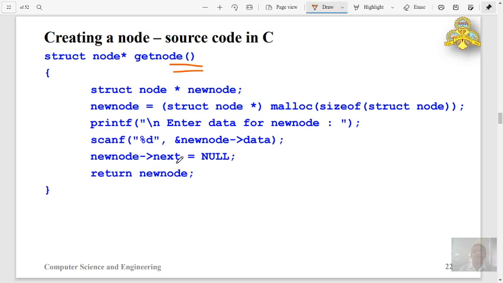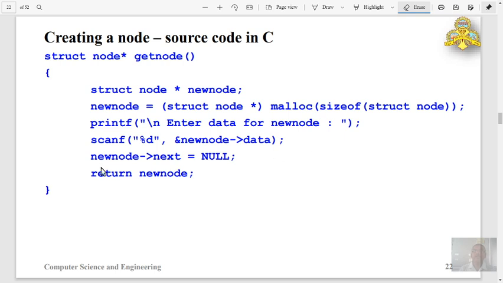So after this statement, new node data will have a value, and since it is just a newly created node, new node next, the next pointer, will be assigned the value null. The reason is that I am just creating a node here, but I don't know where the next node will be created. So I am not worrying about what the next node's address will be.